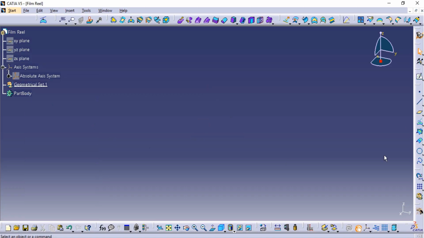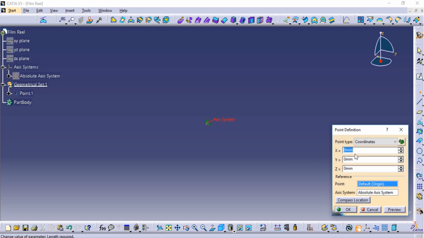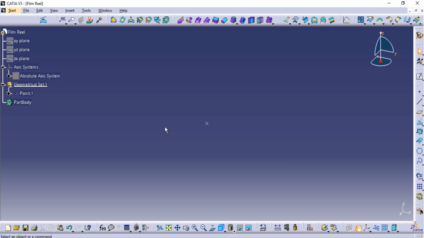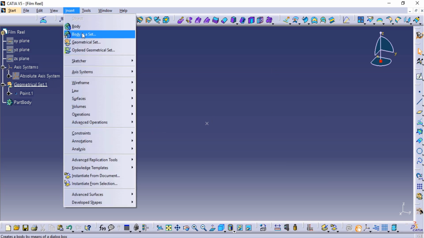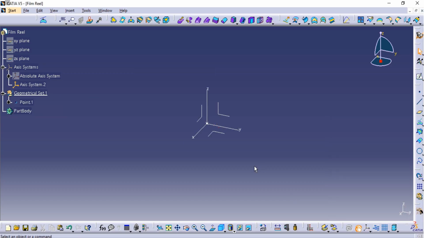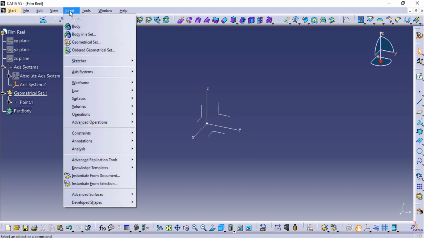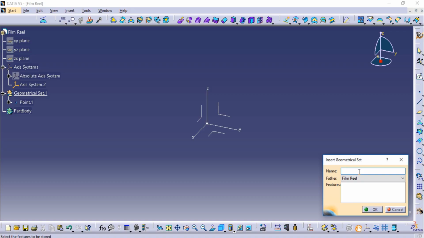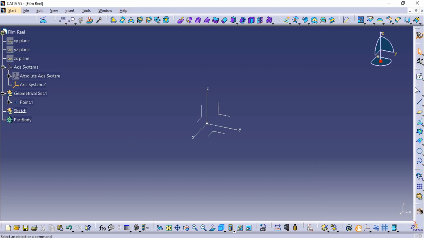Let's hide it and create a point in the absolute coordinate system 0 0, and using that point let's insert an axis system. Okay, let's start. Now we are going to create a sketch in this geometric set. Let's choose this plane